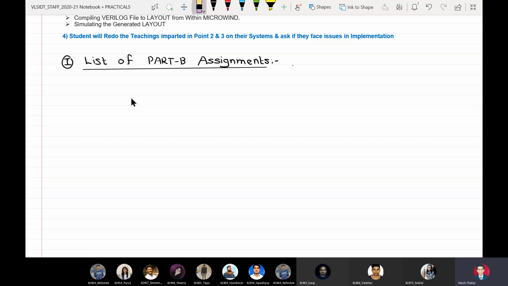So these three steps are expected from every assignment of part A, whether it is ALU, USR, FIFO or LCD FPGA interface. Similarly, we can frame a common statement for all the assignments to be done in part B, which is as follows. So we say here